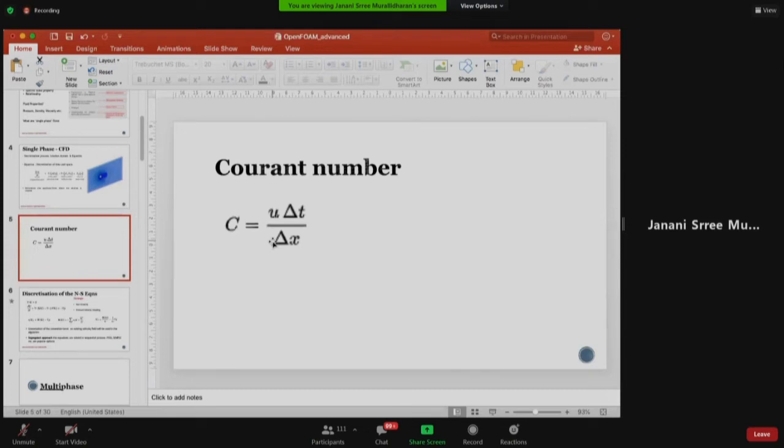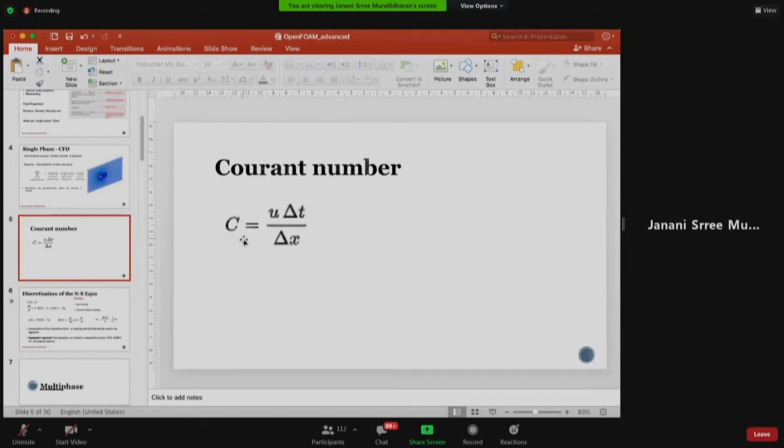You might have 100 cells along one line, but if the velocity is say u, the time step should be such that the movement just happens from one cell to the next cell and nothing more. If you start giving long time steps, then it will have moved say 10 cells and that much more approximation happens.